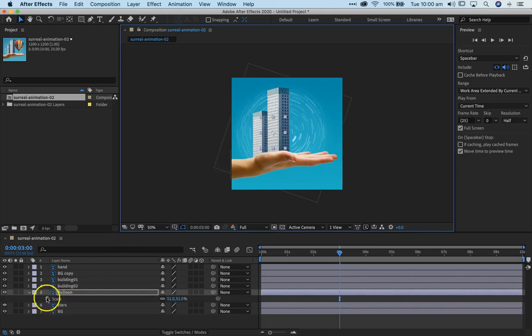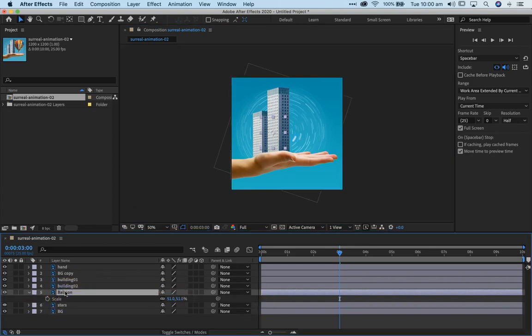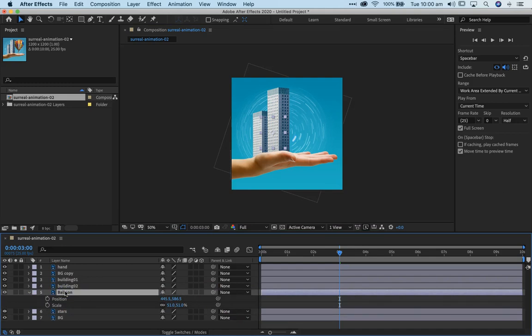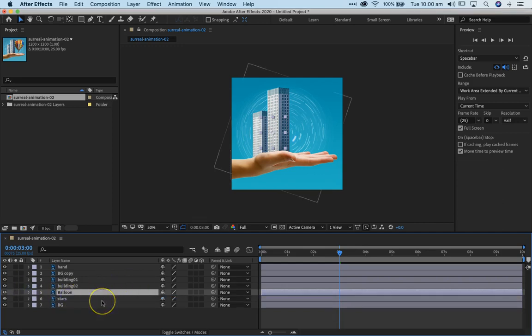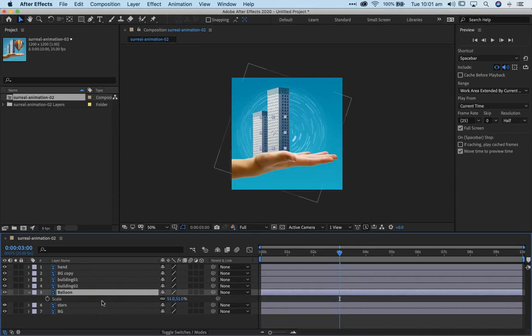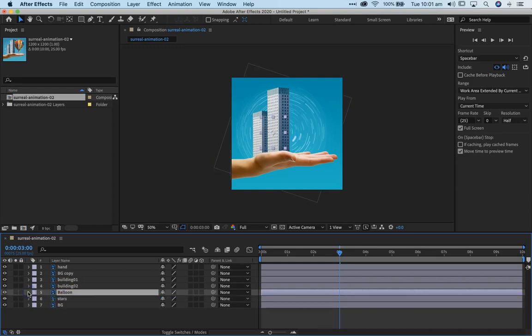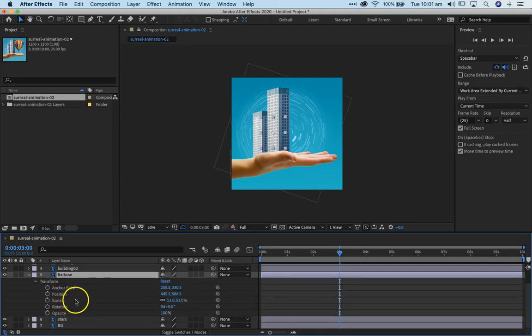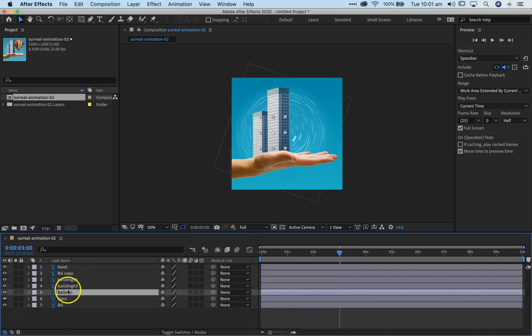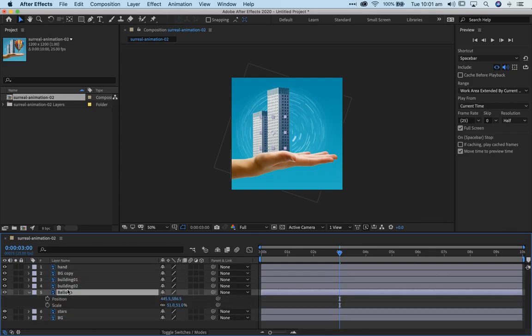Alright, now if I want to see two transformation properties at the same time, I can hold the shift key down and add a position property there. So now I'll just hit shift P, and that added position and scale. So what I did there was started off by hitting scale, S on the keyboard, and then if I hold shift P, I can add that position property there. Alternatively, as you know, we can just twirl down and see all of those properties there. I quite like having the kind of minimal elements in the timeline there. So we're going to change the position and the scale over time,